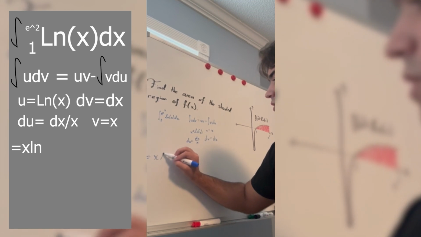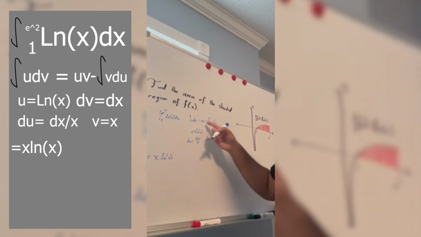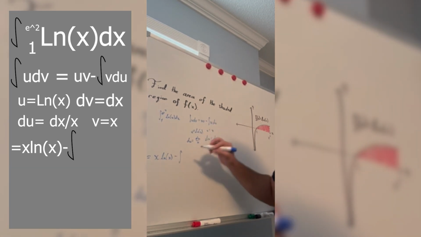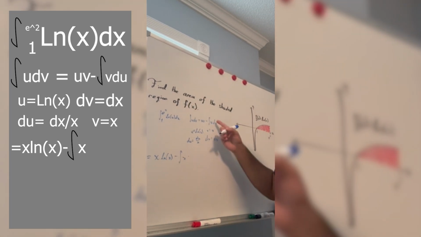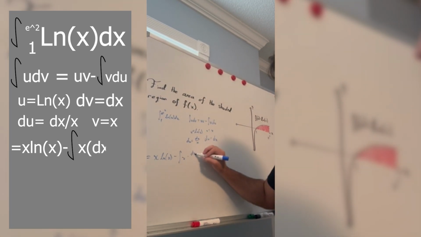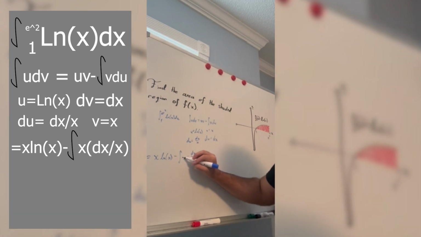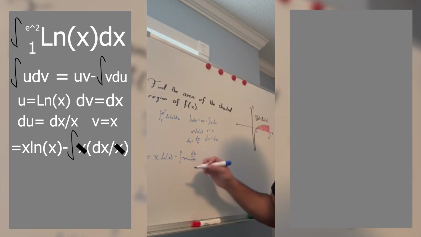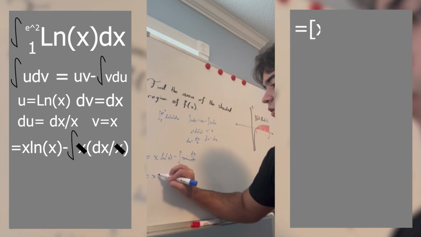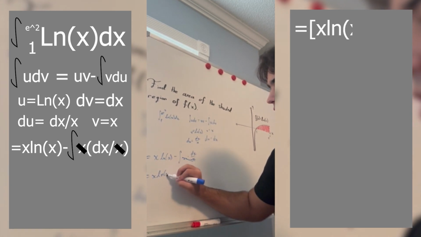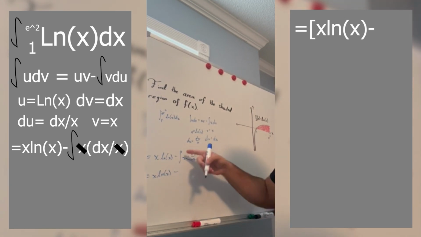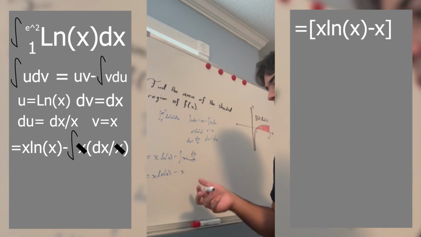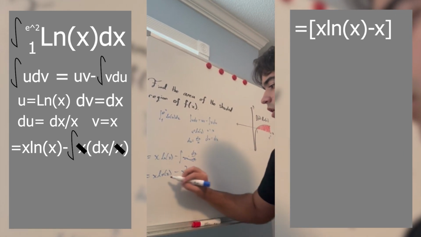x times ln of x as per our uv minus our integral of v times our du, which is dx over x. And here the x's cancel out and we're just left with dx. So we'll have x times ln of x minus the integral of dx, which is just x. And using the fundamental theorem of calculus, we can